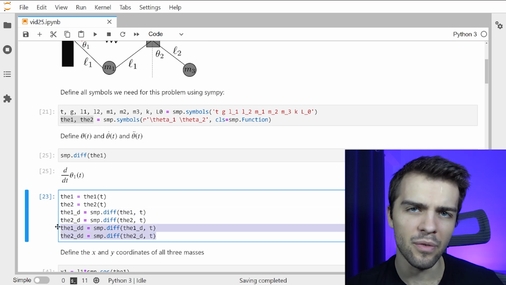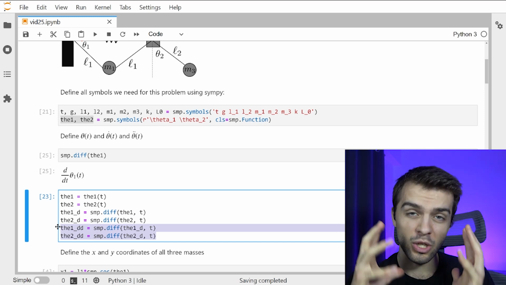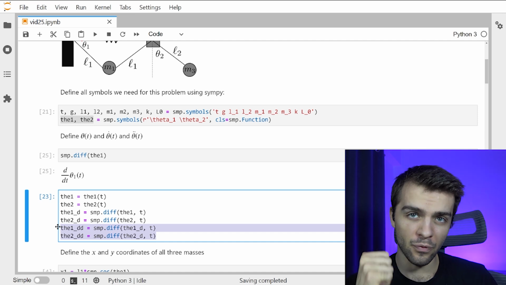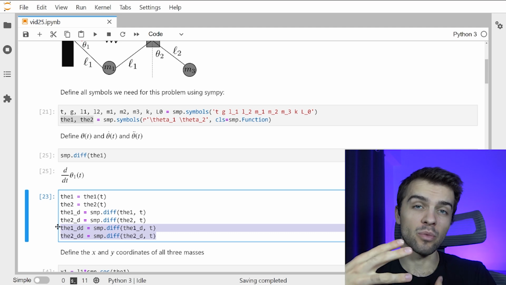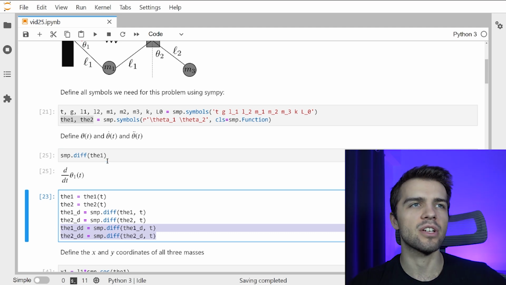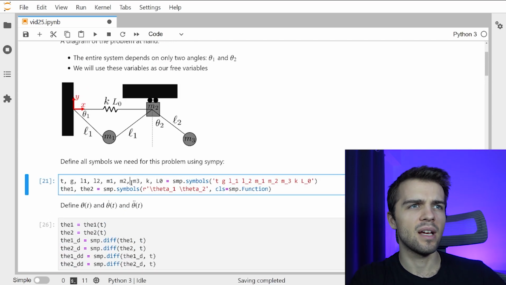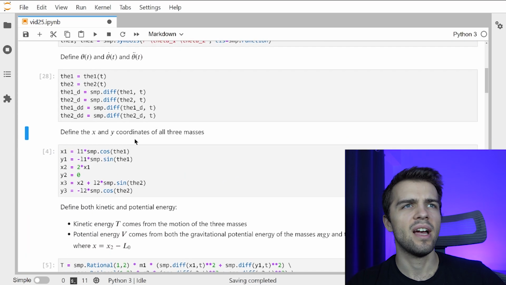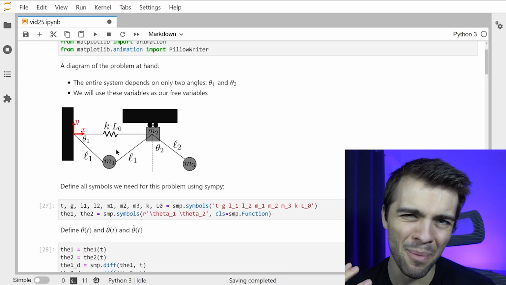And you might wonder, why am I defining the derivatives and second derivatives? Well, the whole Lagrangian system, the equations of motion, depend on the first derivatives and the second derivatives of theta. So it's good to have them defined so I can reference them once I go through this derivation. So these are all defined here once I run this cell, as long as I go like this. And so now that we have theta 1 and theta 2, when we describe the kinetic and the potential energy